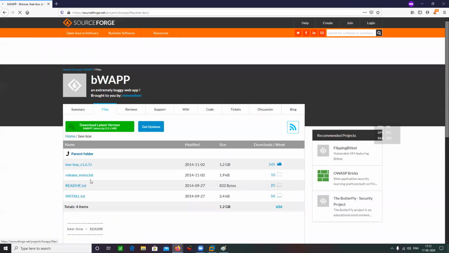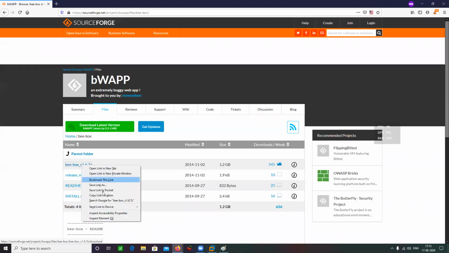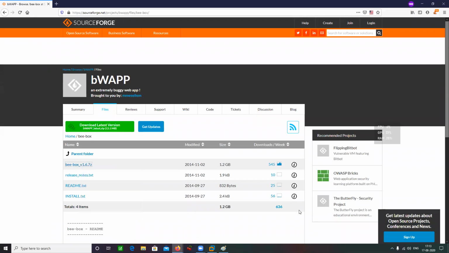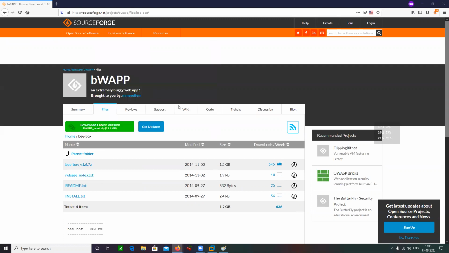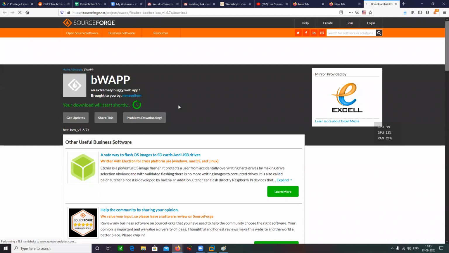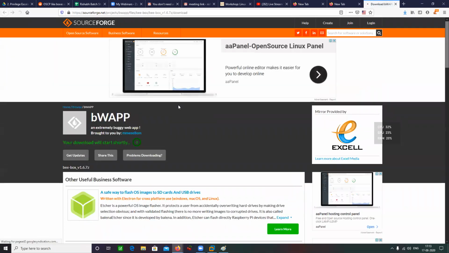Go to files, bWAPP. Don't worry, I'll give you the direct download link. Copy link location. Yeah, so this is the download link for bWAPP. I have provided it to you in the chat. You can just click on this link, and it is going to be downloaded automatically. A zip file is going to be downloaded.